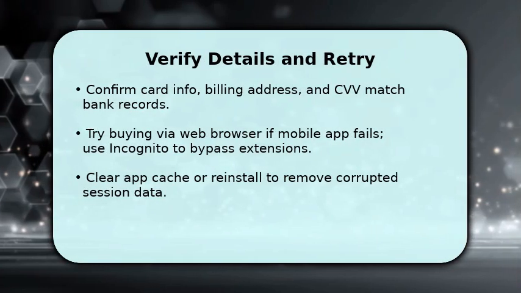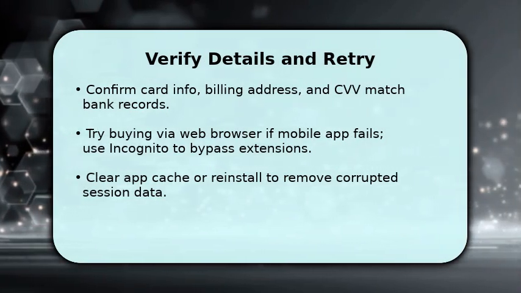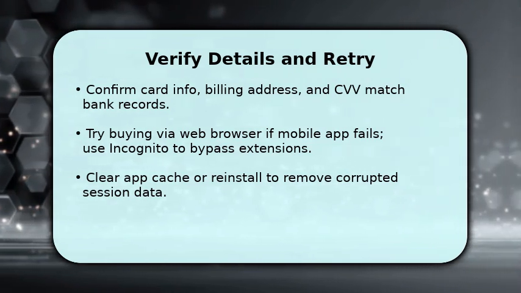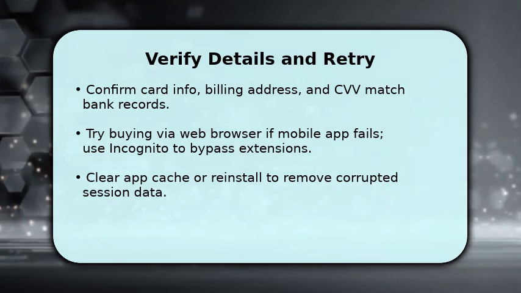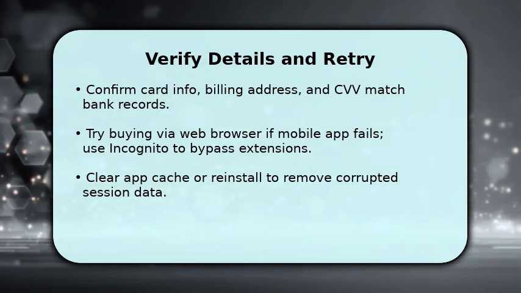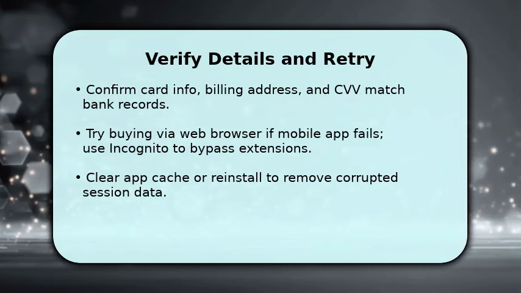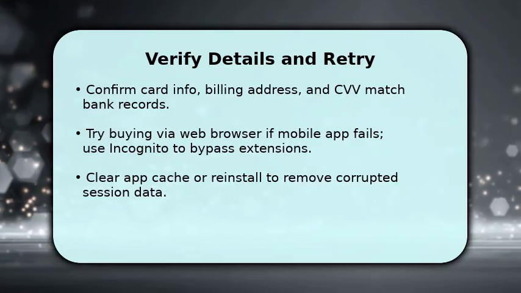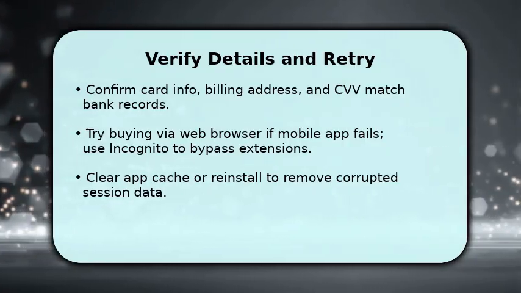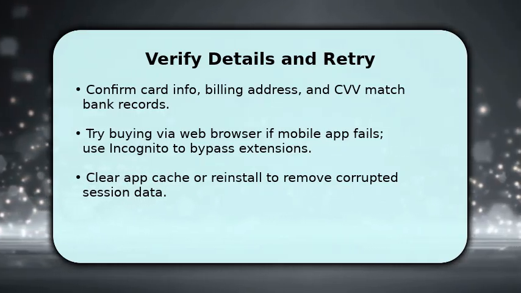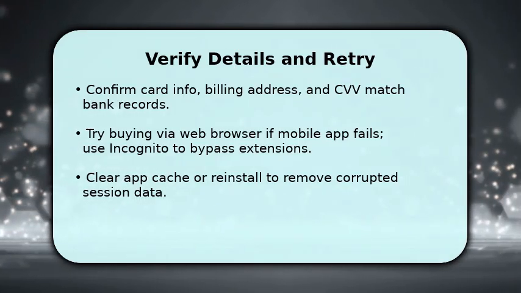Now focus on details. Verify the card number, expiration, CVV, and billing address exactly match your bank's records because mismatches are frequent causes of rejection. If the app errors, switch to a desktop browser and use private mode to rule out extensions or cached problems. Clear cache or reinstall the Roblox app to reset any corrupted session. Once these steps are complete, attempt the purchase again and note any error codes shown so you can act on